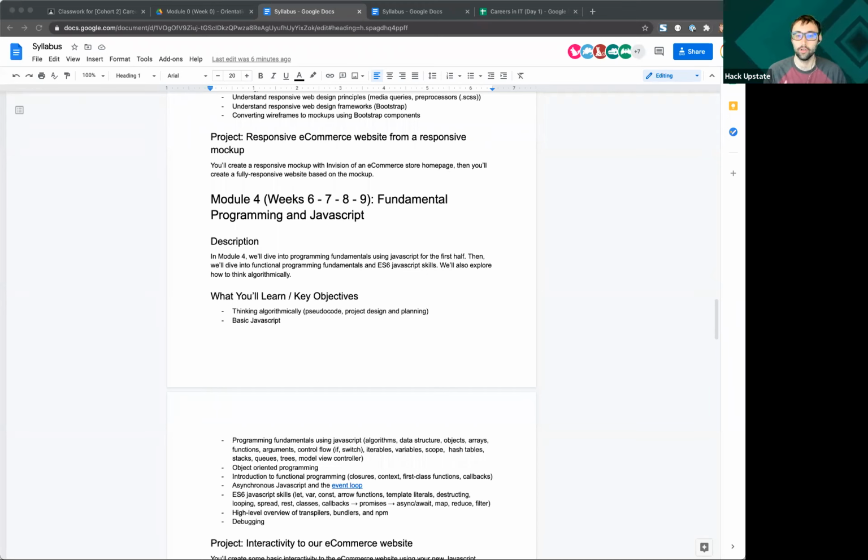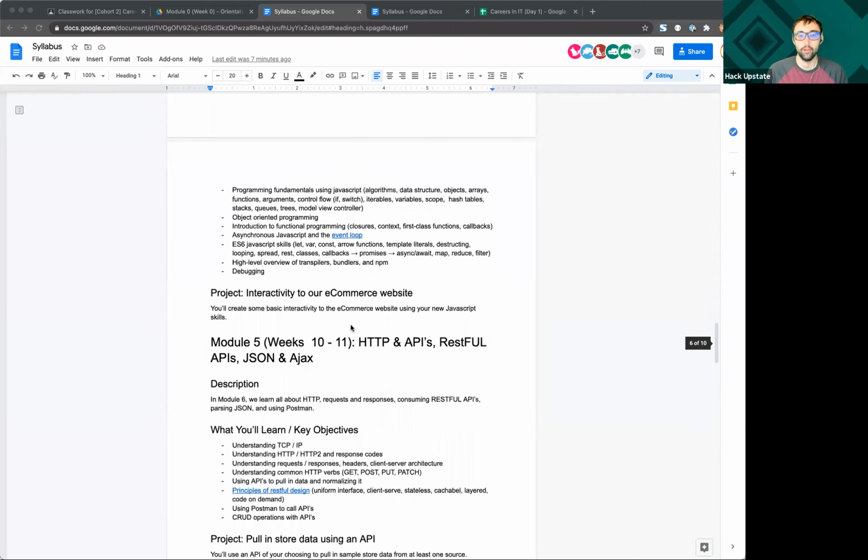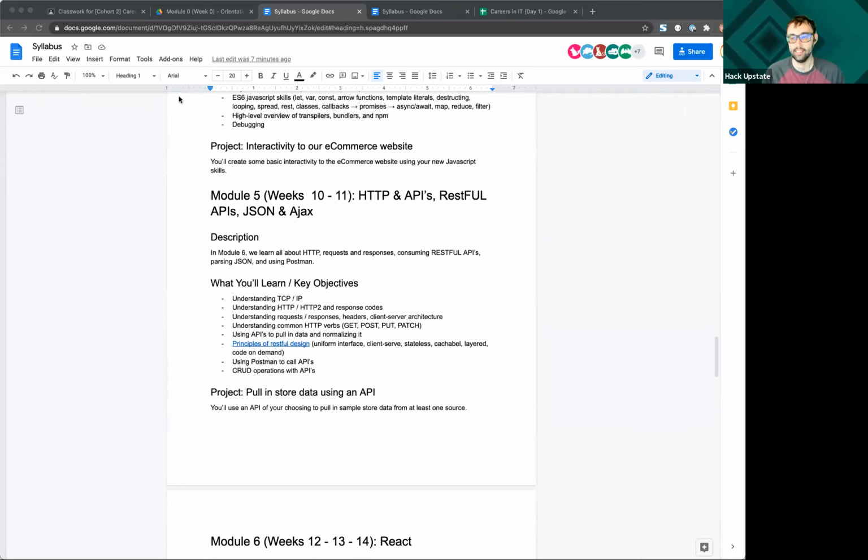So we're going to start talking about variables and functions, and we're going to make it so when you click on a button, something shows up. So Gus is going to come in for the first 2 weeks of that module. And then I come back for the second 2 weeks of that module, or the second half, to continue that JavaScript knowledge. From there, we're going to move on to Ryan, who is another developer at Density.